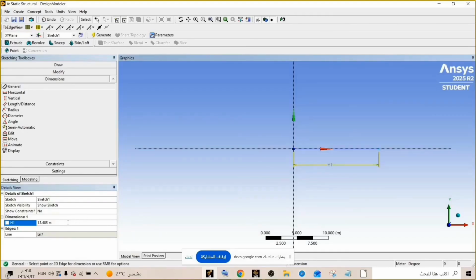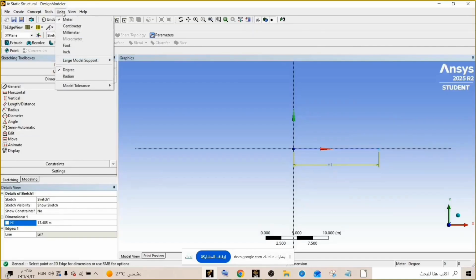And here we will change the dimension. As you can see here, it's in meter, so we need to change the units to millimeter.